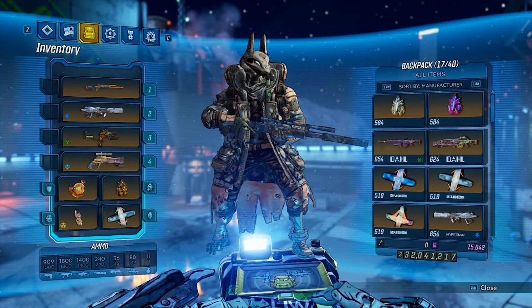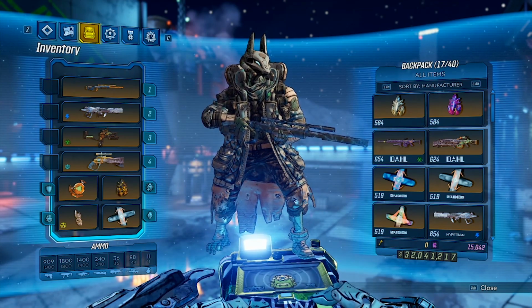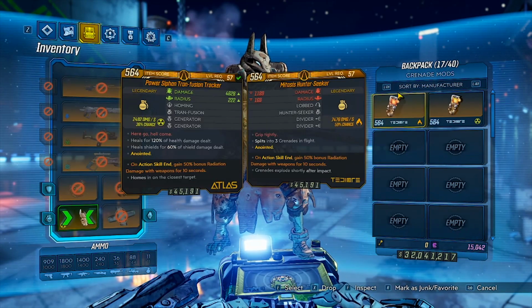So I'll have a link inside of the pinned comment, so that way you guys can dive a little bit deeper into the fixed pools for Flak in general, including Two Fang, and that way you guys can get a better understanding of that. So you have a couple of good grenade options, one of those being the Hunter Seeker